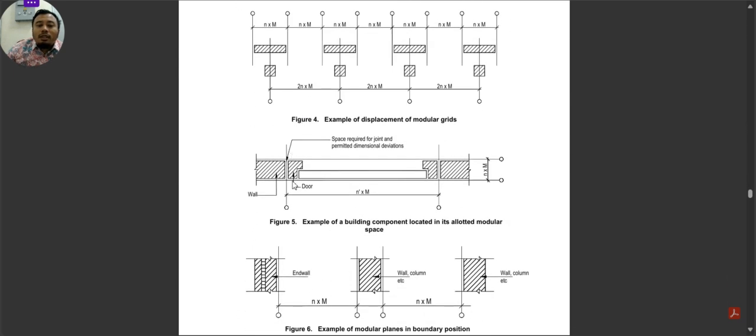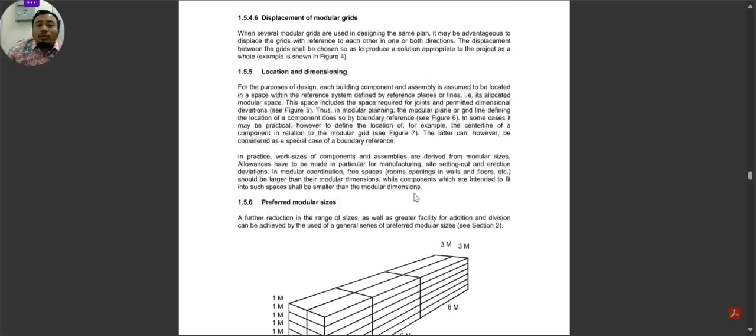So as you can see the door, door frame, you have permitted dimensional deviations, or the dimensional is also for joints. So you need to specify the dimensional. The designer can specify extra space, extra dimension, or the deviations or joints. And also